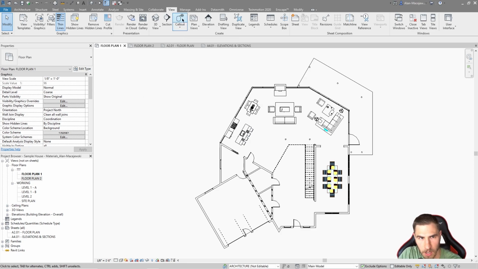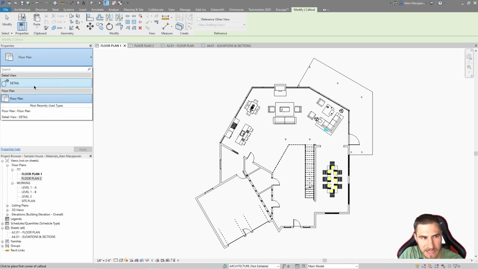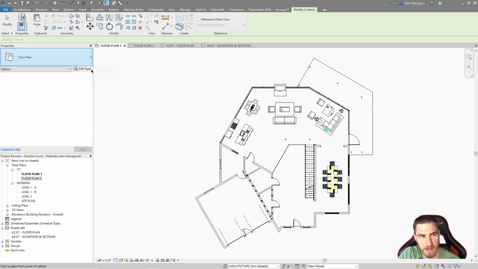Whenever you make a callout, I have the option over here of choosing a floor plan. This usually is the default, but maybe not, so be aware of that. I have the option of floor plan, but I also have detail view. The whole point of this video is to determine what the difference is, when to use one versus the other, why you might want to use one or the other, and maybe even if you want to use one or the other. So I'm going to first go ahead and place this as a floor plan view,